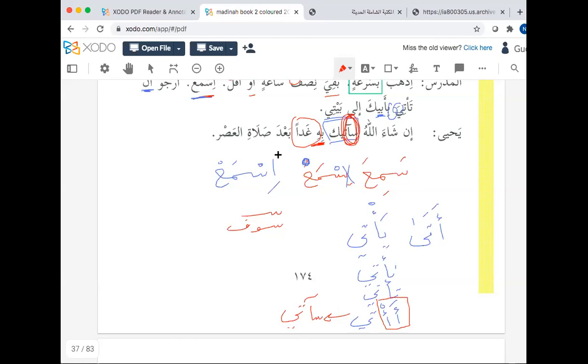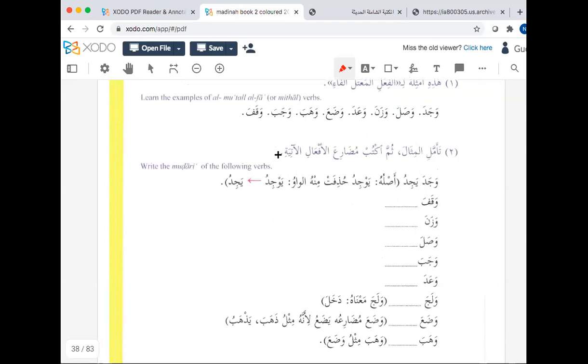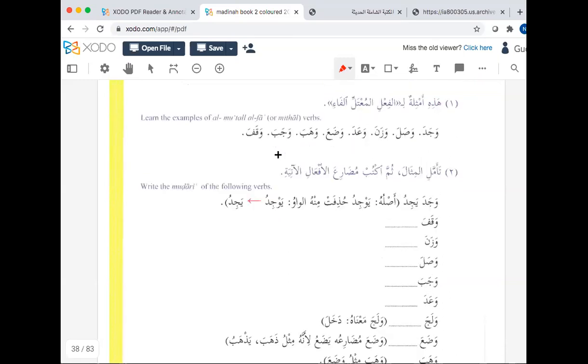And we will stop there, inshallah, in the next class, bi'idhnillah. We will cover some of the exercises, but